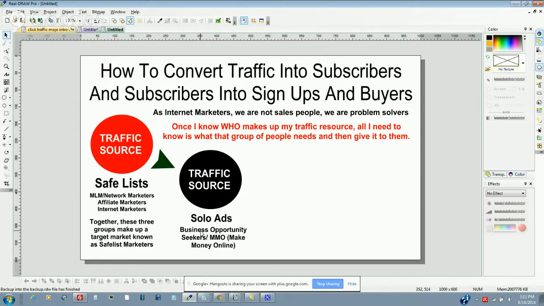Okay. The other side of that is business opportunity seekers, which are a perfect fit for any MLM opportunity. Okay. Especially for people that are willing to utilize the telephone. Okay. Now there's another ugly word. You mean I got to call people? Well, yeah. If you're going to promote a network marketing based opportunity to business opportunity seekers,